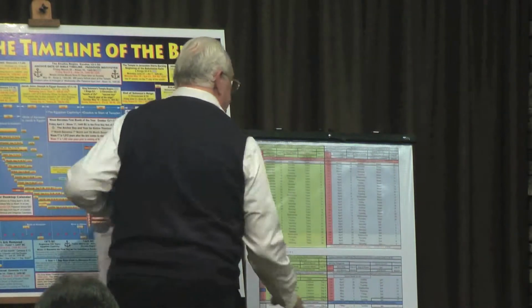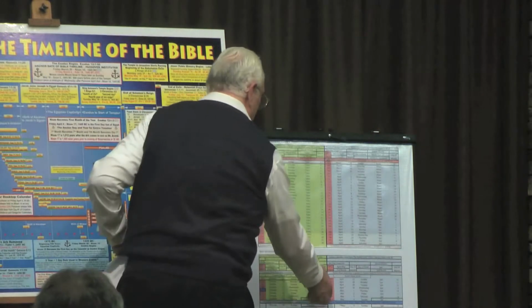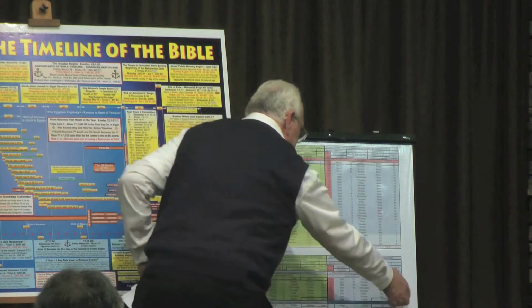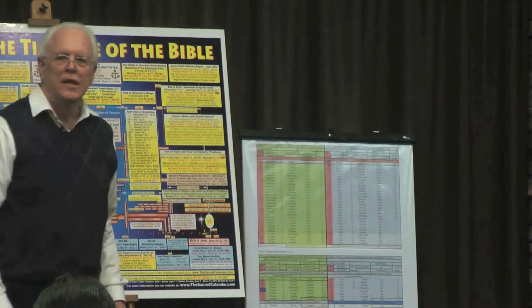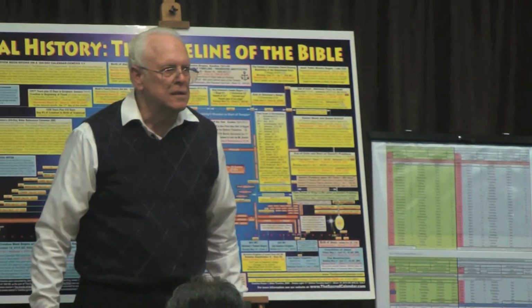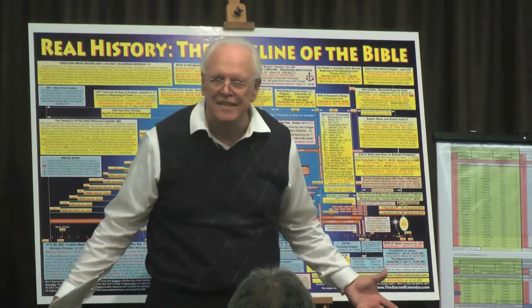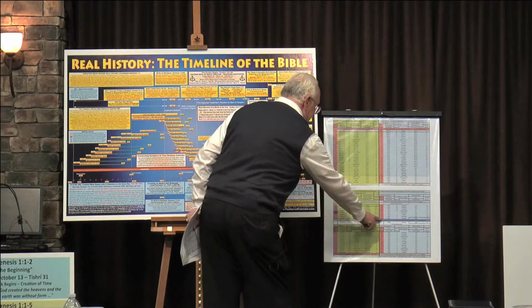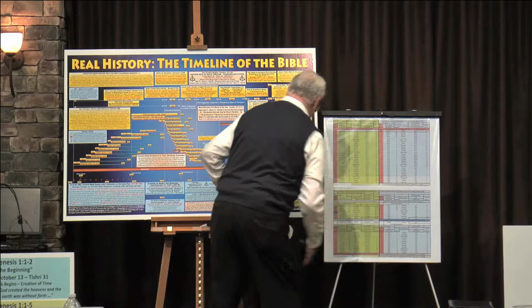When you put the two calendars side by side, the week of creation lines up exactly with Easter week on the 364-day calendar. Do you think that's a coincidence? Is that mind-boggling? I mean, it can't be a coincidence. Okay, and there's more. For example, you'll notice here, Sunday, day 7, lines up with May 4th, Iyar 17.